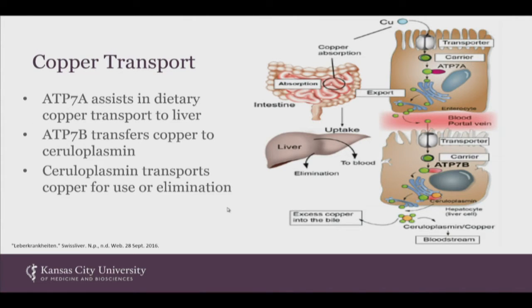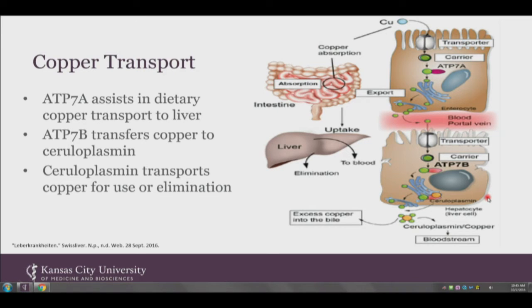Today I would like to discuss two ATPase copper transporters. The first one is ATP7A, and the second one ATP7B. In this image, we can see ATP7A is functional in the enterocytes in the small intestine. These function to absorb copper from dietary intake. These will then deposit the copper in the blood, and it will find its way to the liver, where it